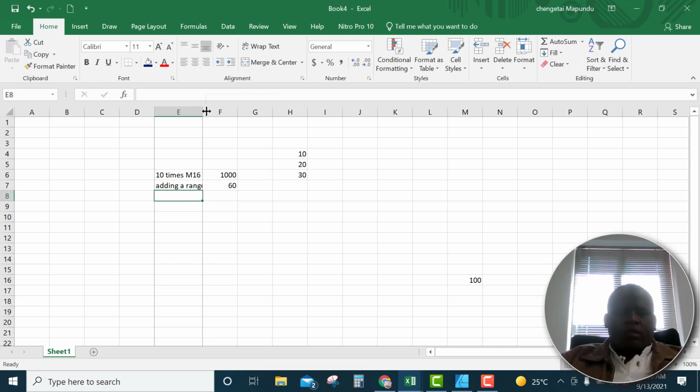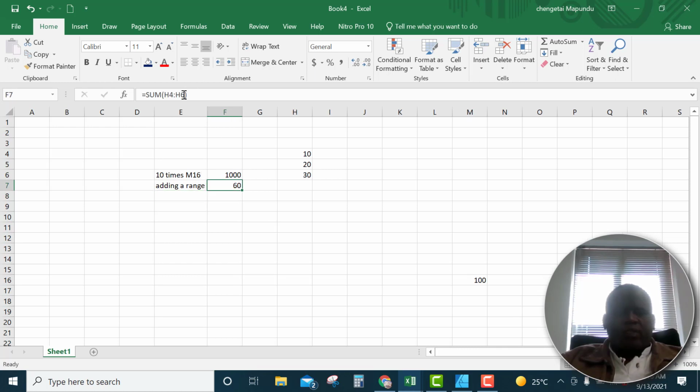So here, if I click on this, you see at the top here that I'm summing or adding the whole range from H4 to H6. So this is how you reference a range. If I change anything in this, let's say I put another 10 here, you find that my answer changes to 40, because these three now give 40. So whatever you do here, the range will respond, and this is how you reference a range, and this is how you reference a single